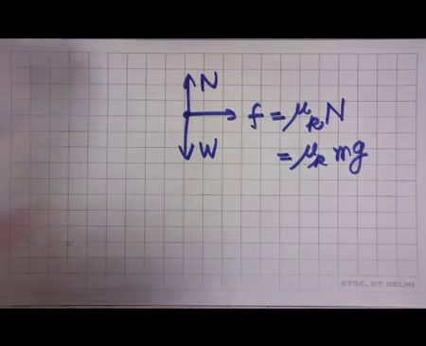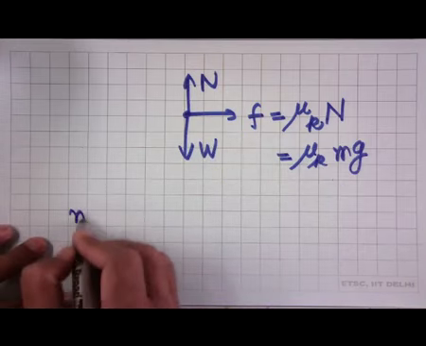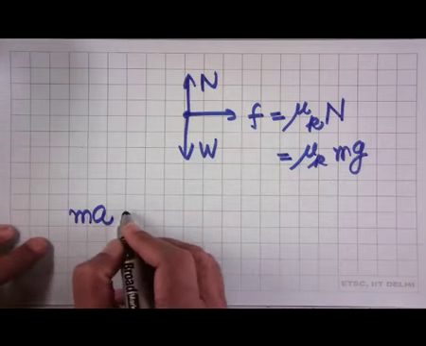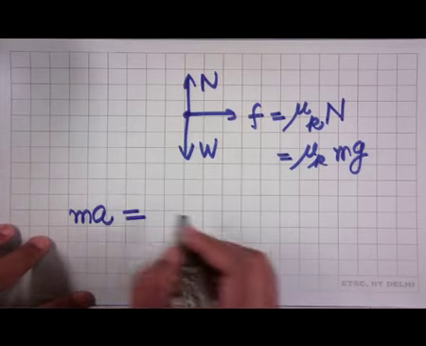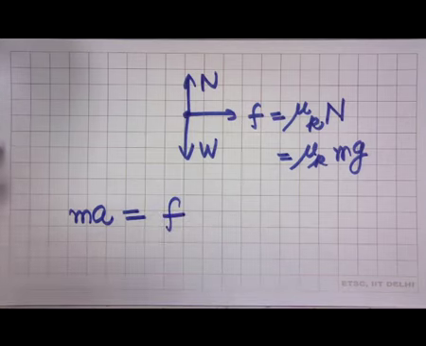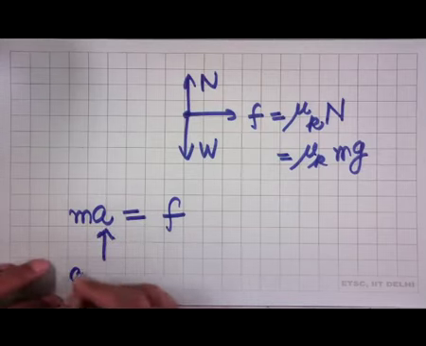N is equal to W has already been used, and the forward acceleration of the block m times a will be equal to f. So, now the block is slipping. This value of acceleration, this is acceleration of the block